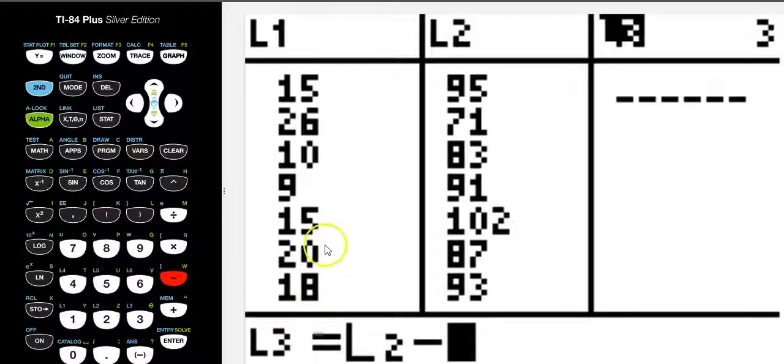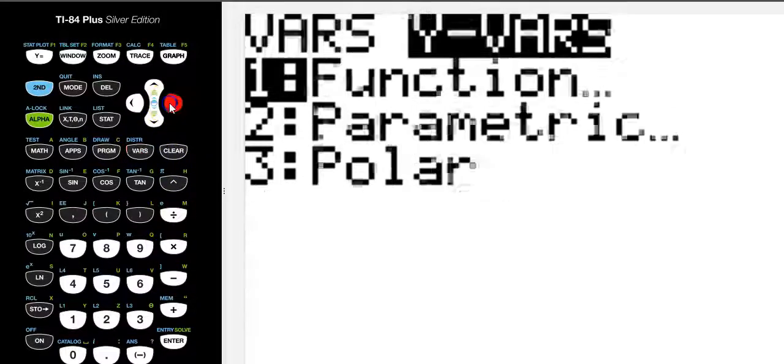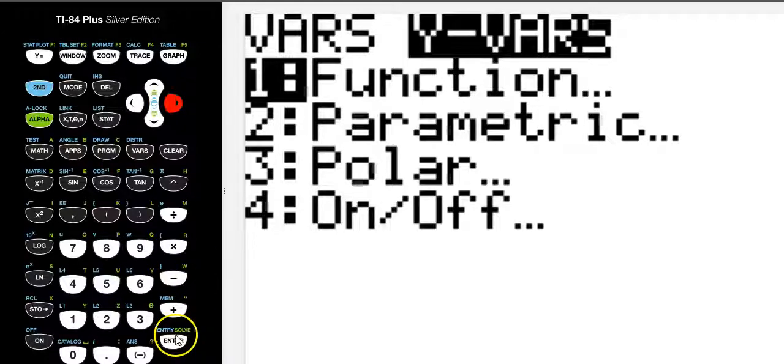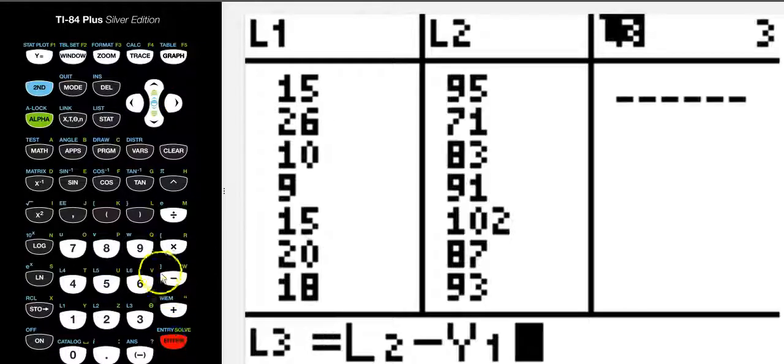Now we get our predicted Y's by taking all of these X values in list 1 and plugging them into the X value in our regression equation, which is in Y1. So the way we enter this, pay close attention, we go list 2, which we already have in, minus Y1, or the function Y1, of